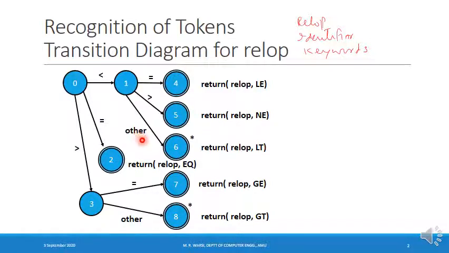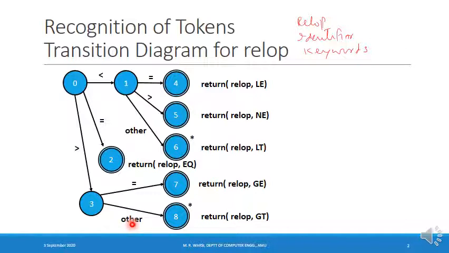So when it reaches state number 6, the lexeme is less than only. Similarly, when it reaches state number 8, this other is not part of the lexeme, so the lexeme for state number 8 is greater than. So this star indicates that in order to recognize less than, a look ahead of one extra character is required. Similarly, in order to recognize greater than, a look ahead of one extra character is required.